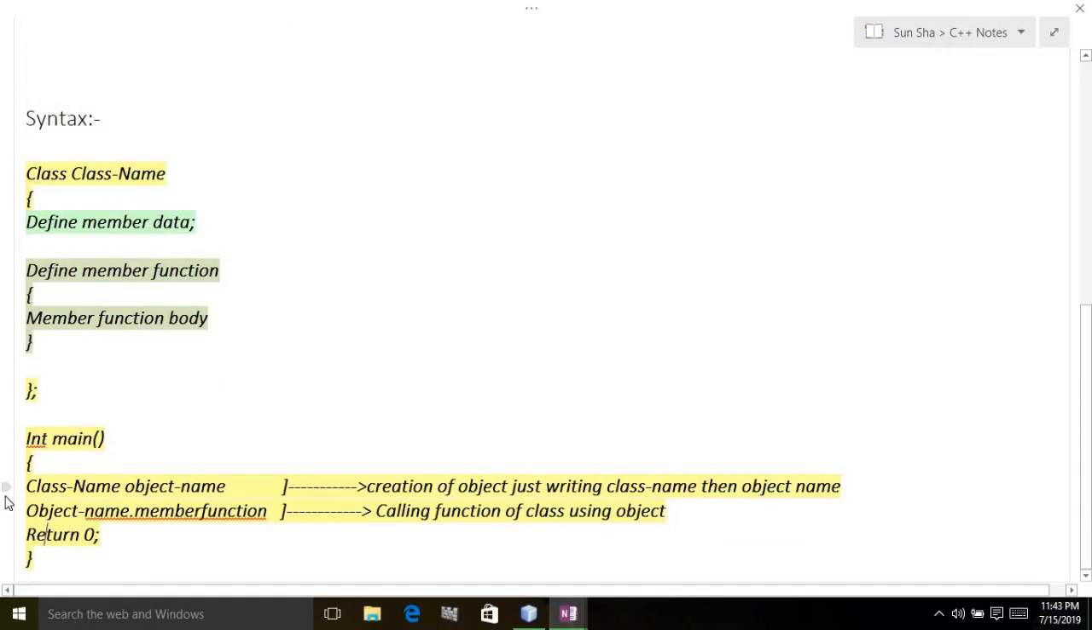So first you have to write the class. This is a predefined word, class, and then you can give the class name, whatever name you want to give. Then you have to define the member data. So if you use public or protected in front of it earlier,